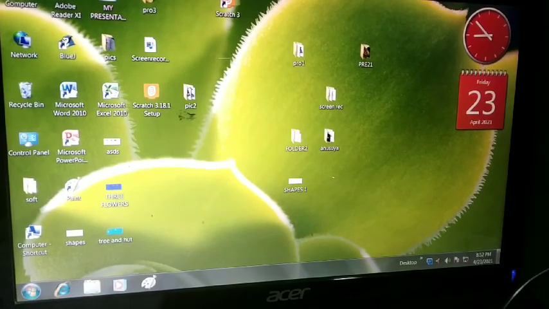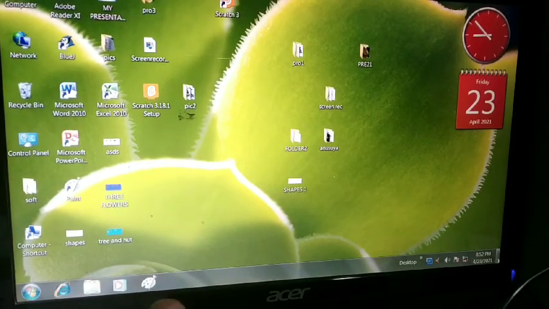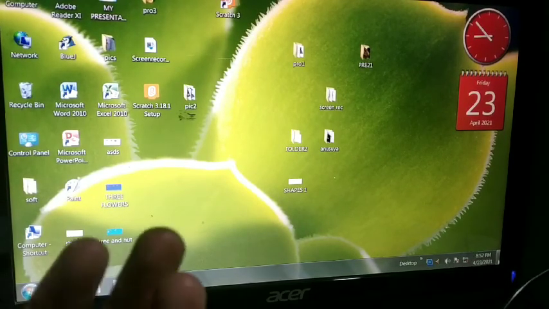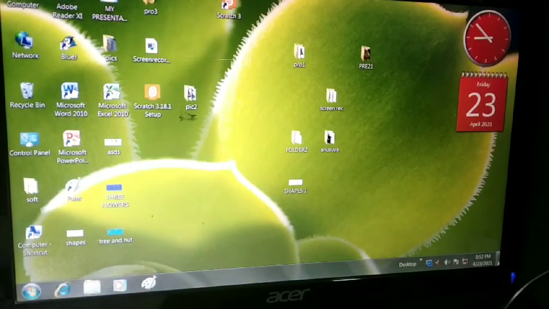Now, desktop background. I told you this is an image. The desktop background is an image provided by the operating system behind the icons. This picture is called the desktop background. You can call it wallpaper also.